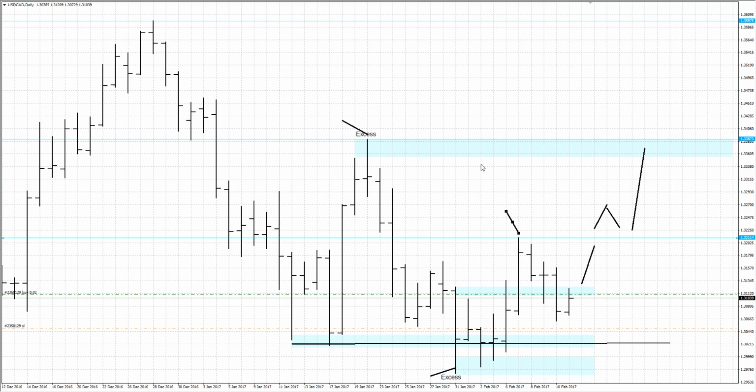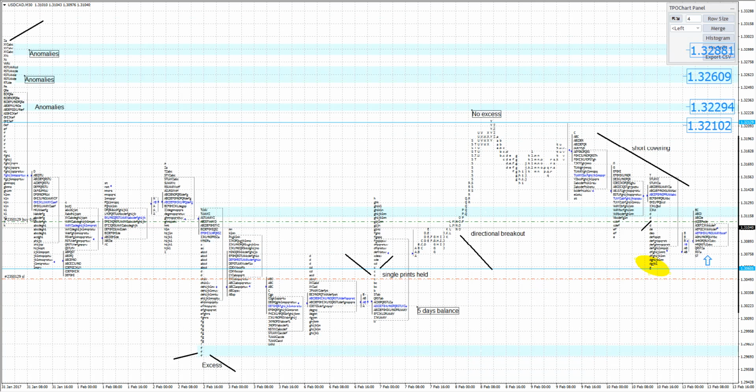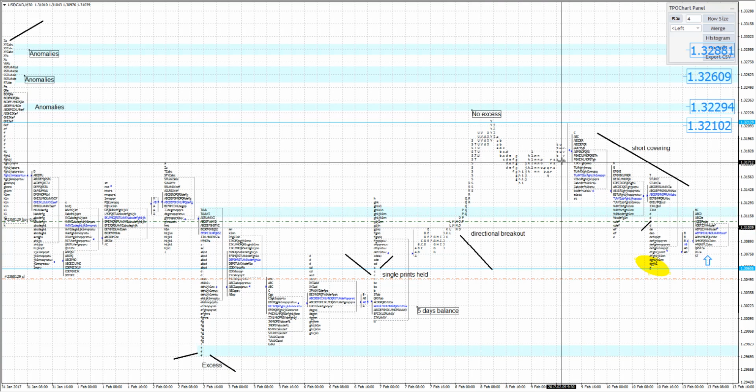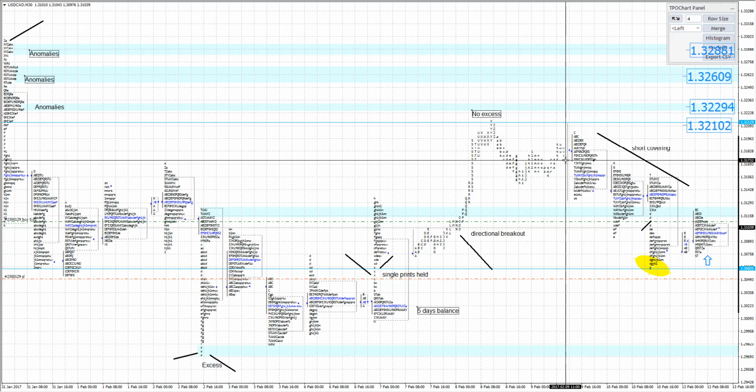We'll see what will happen here. But this is how I like to trade. Try to find the sentiment, right? Try to read the smart observation and try to understand the price behavior. And what is most important to know, the area where I'm wrong in my idea, is also very important. And don't jump into positions just like that. If I try to buy here, let's say that I got a directional breakout and I try to buy at this point here, in my opinion this is not so good buying at this point,